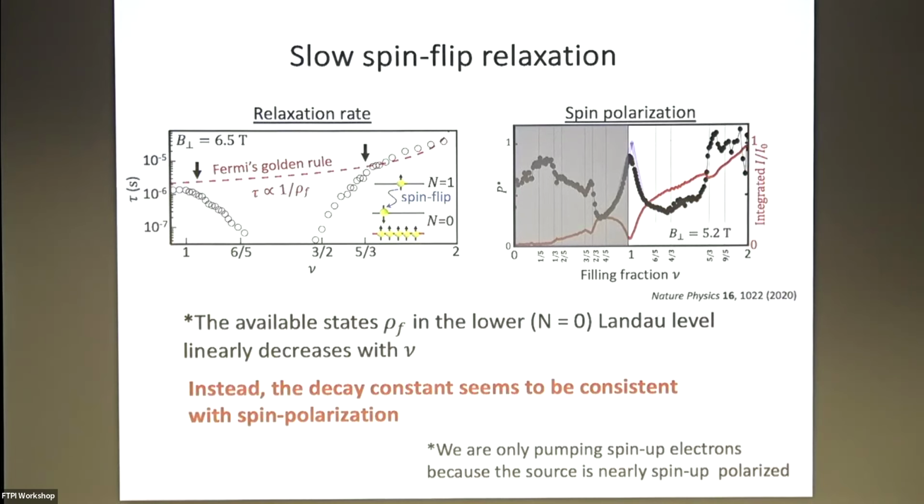If we're at nu equals 1 in the target, then what happens is that this electron has to flip its spin in order to lose its energy. There's just no room for it otherwise. So what you're really seeing is some kind of spin flip relaxation time. So that's what's happening there, and that turns out to be on the order of microseconds.